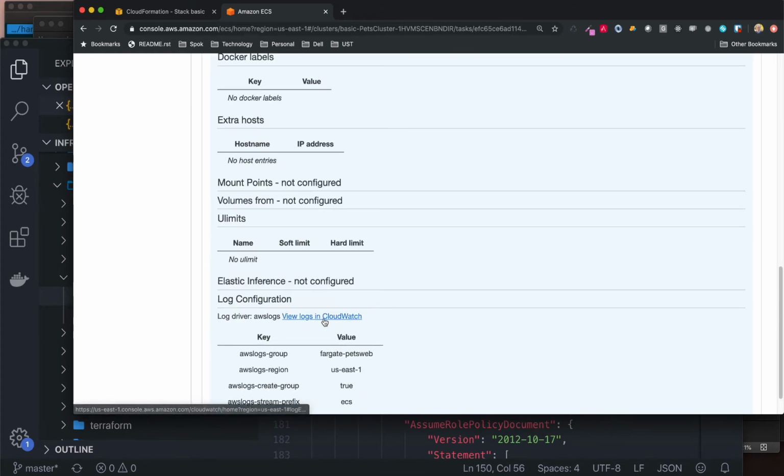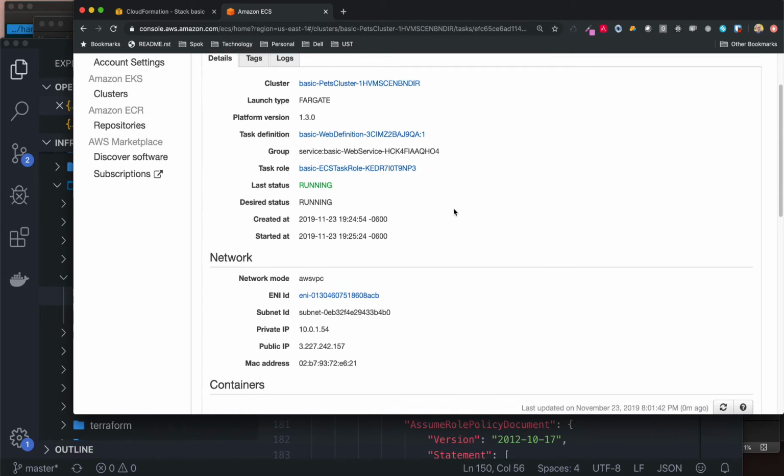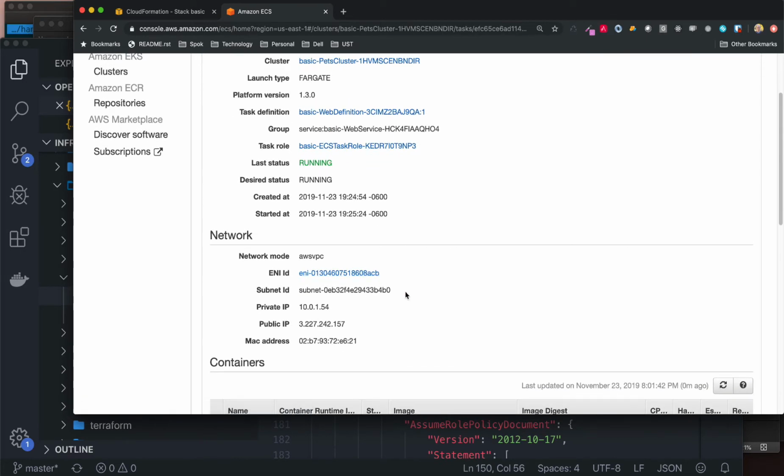If I wanted to look at logs, I could say view logs in CloudWatch to look at the logs for the container. The thing I'm looking for though here is the public IP. Remember that we can treat containers in Fargate kind of like EC2 instances in a way. And so each container is going to have an elastic network interface. So every container will at least have a private IP. And because the stack configured it to also have a public IP, we can access this container now via the public IP